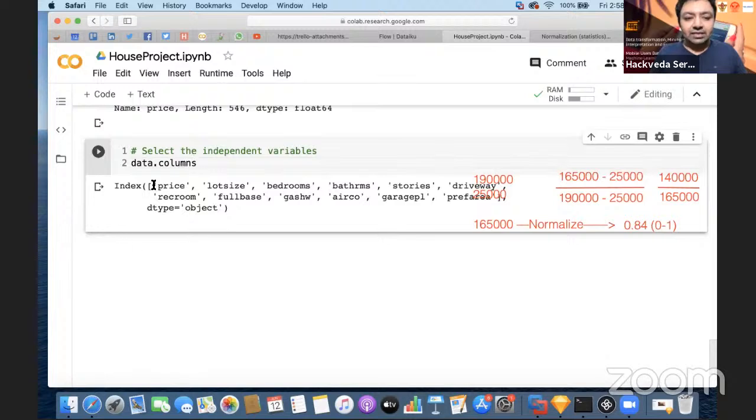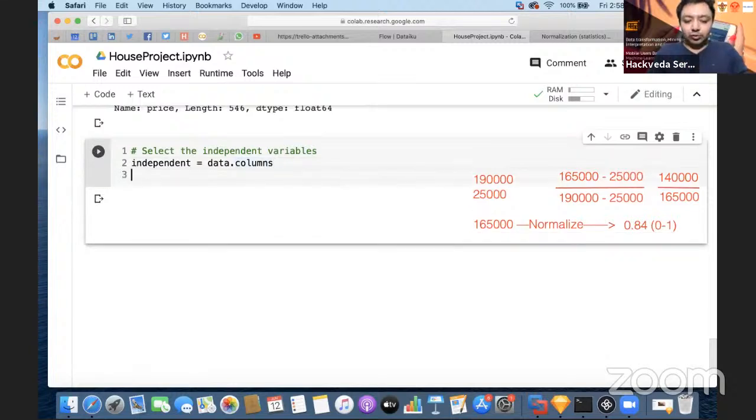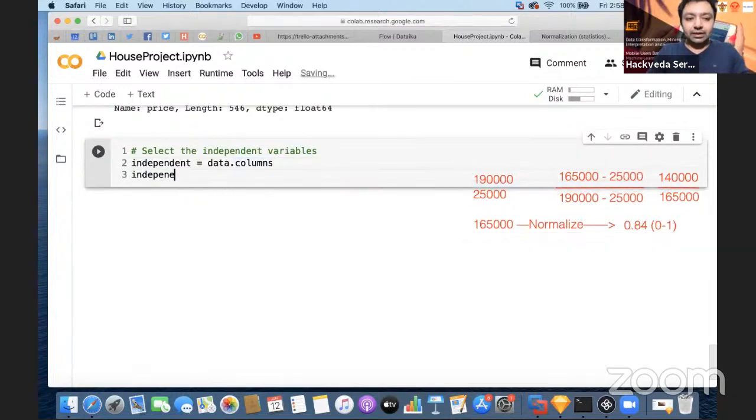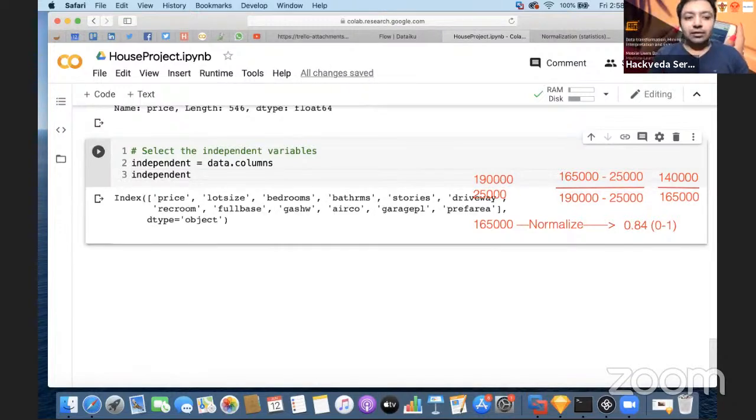So you can see that I have these columns. Price is at index number 0. Then I have lot size, bedrooms, bathrooms, stories, driveway, and so on. So I'm going to keep it into, let's say, independent. This time I'm going to save this value into independent columns, and I'm going to print the independent values. So you can see that we have got the independent variables, but we have to remove the price out of it,